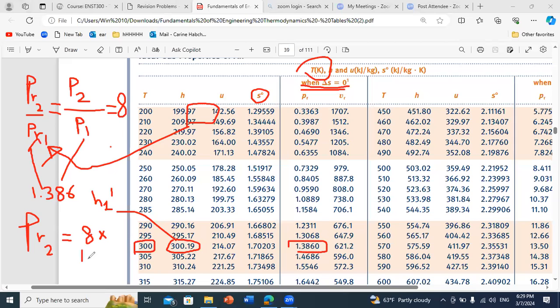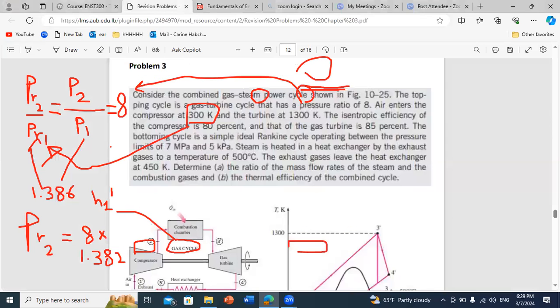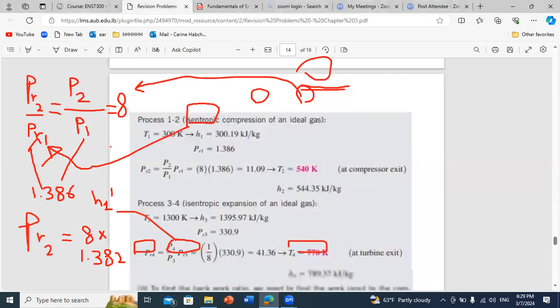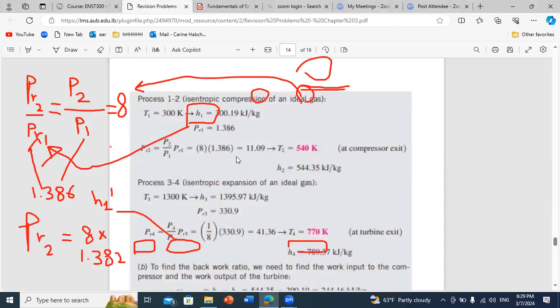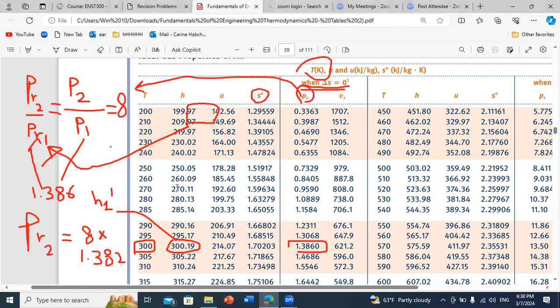And now, from the value of PR2, you can deduce T2, because you will do it the opposite way. Now I know PR. For each PR, I have one corresponding temperature, okay? So if I go back to my problem, when I calculate the value of PR2, which is 11.09, I go back to my tables and search for 11.09